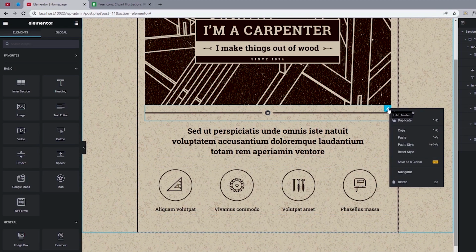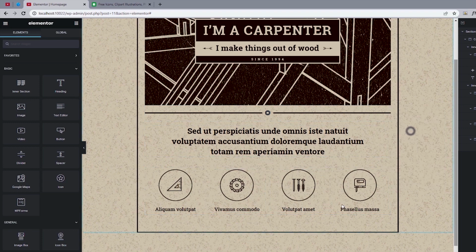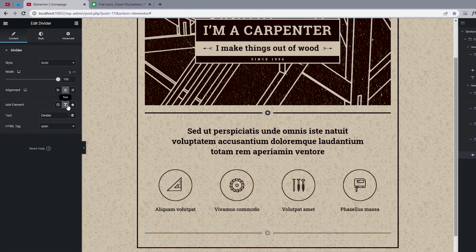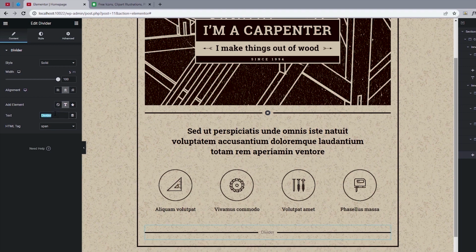And I'm just going to copy this divider and then paste that directly underneath this inner section. So I'm just going to copy this and then paste that in there. And this time, instead of having an icon, we want to change this to text. And all I need to do is to change this to about me. And once that reflects, we just need to make customizations to the text since we've already done the necessary customizations